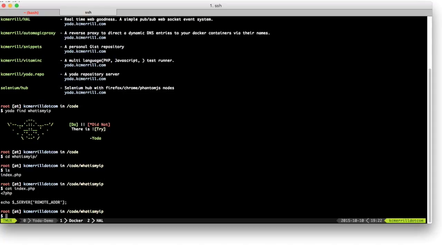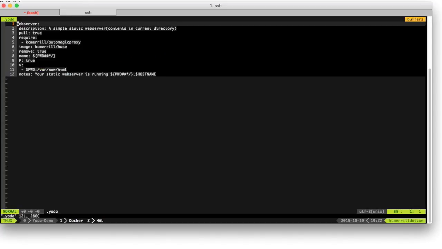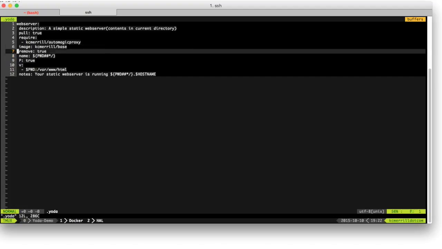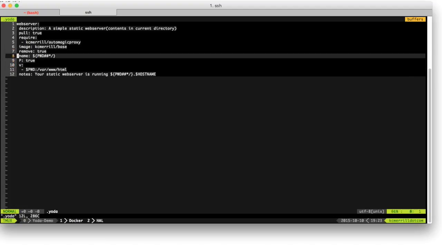So what we can actually do is share this project with everyone with just a small modification to the configuration file that we've got. So if we go ahead and open up the Yoda file, which gets downloaded whenever you do a pull. Again, Yoda pull will pull down the configuration and store it in a .yoda file. One thing we want to do here, we can leave all this the same, but let's change a few things here. So this is our web server,